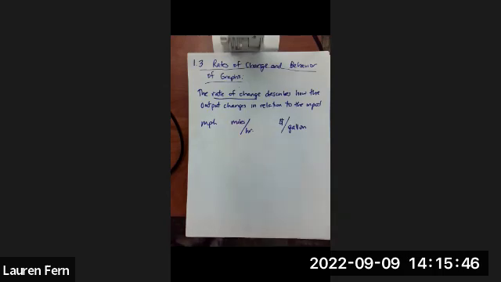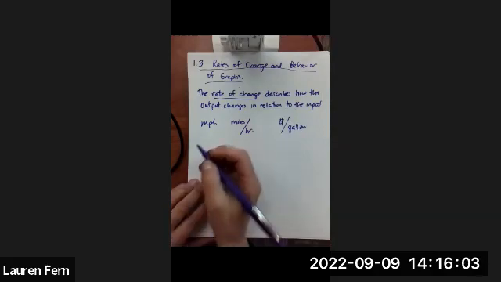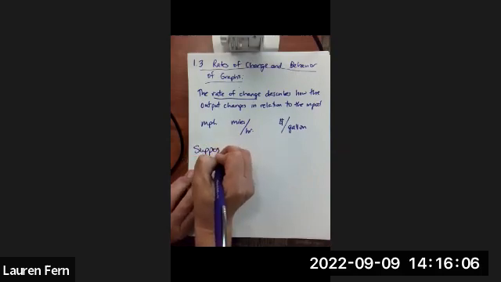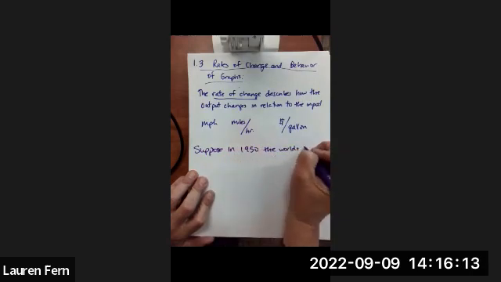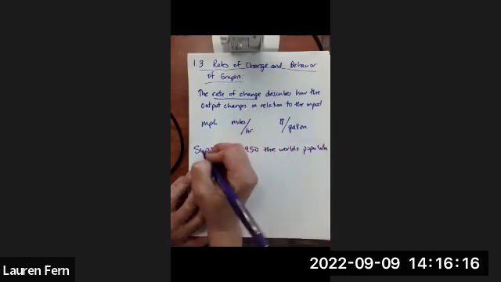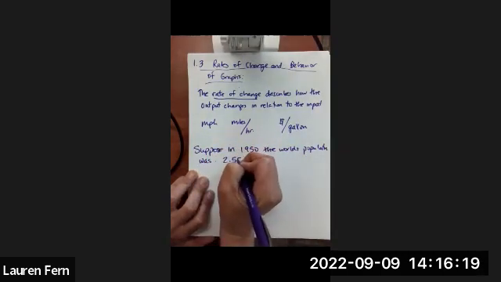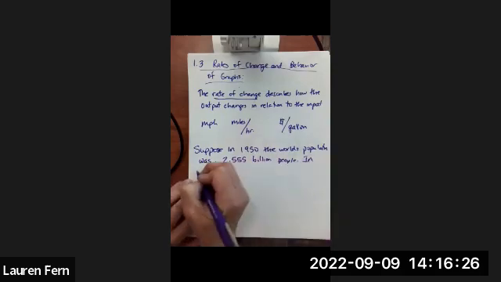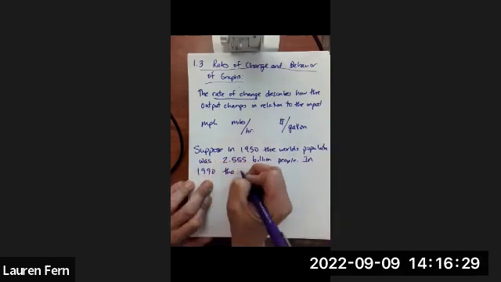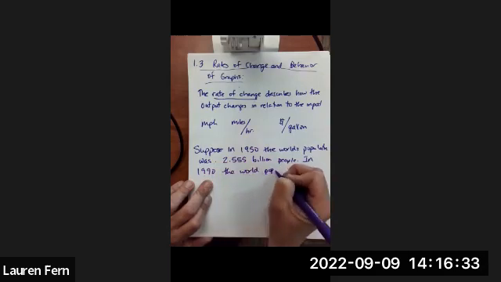Okay. So what I want to do prior to getting into the actual rates of change is I'm just going to put a very dated example. And I want to just make distinctions between a change versus a rate of change. Okay. So suppose in 1950, the world's population was 2.555 billion people. And in 1990, the world population